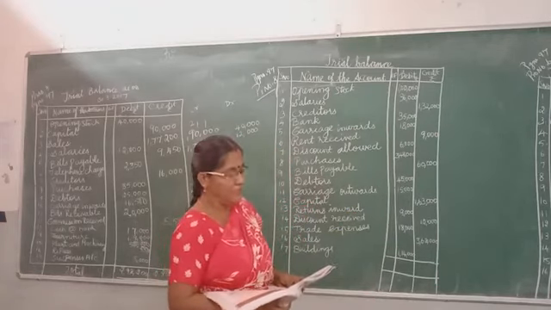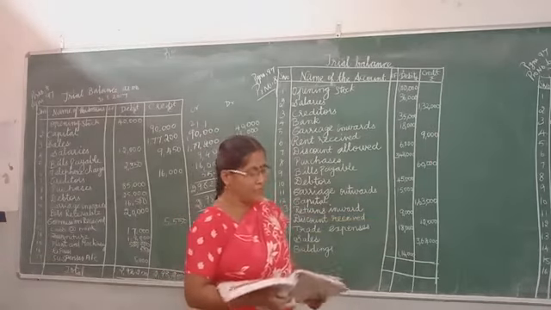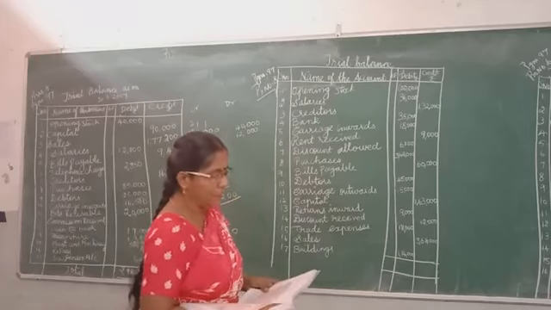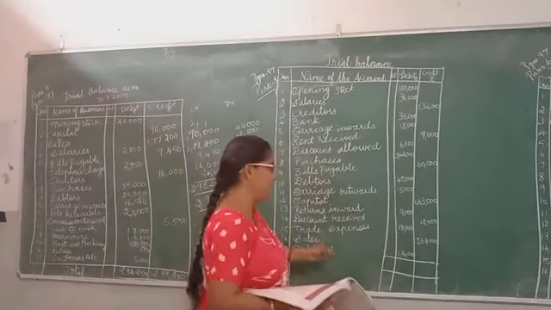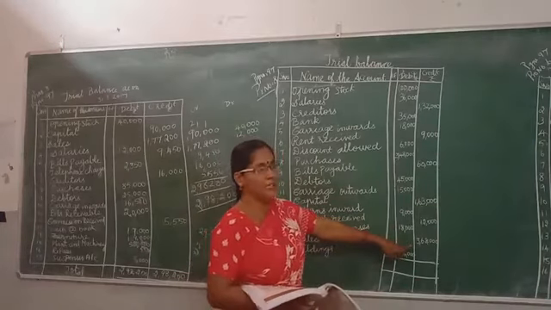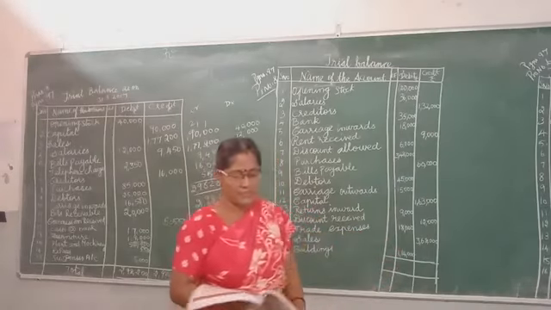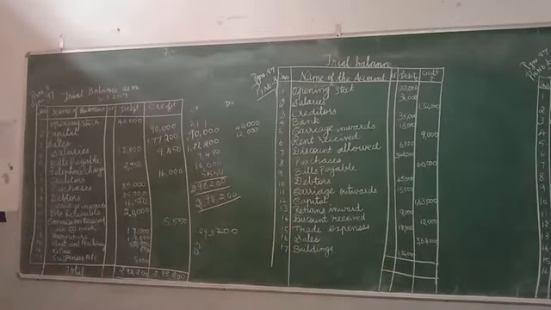Then return inward also should be written on the debit side, isn't it? Then next one, return inward, what I told you, it is a sales return. Discount received should also be written on the credit side. Then trade expenses should be written on the debit side. Sales, it is an income, so it should be written on the credit side. Buildings, it is an asset, so it should be written on the debit side. So we can total and tell me what the total will be. Total balances. Add and tell me the total balance.